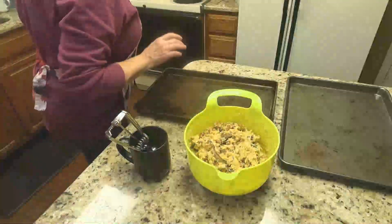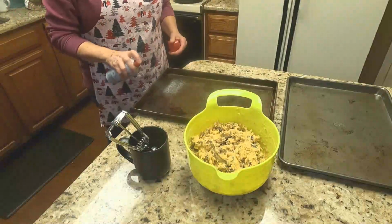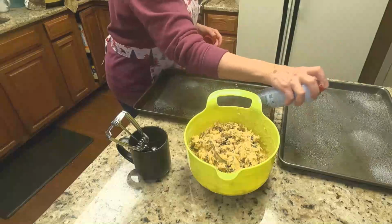And I'm going to get my cookie scooper and a cup of water to dip the scooper in to get the dough off easy. Preheat the oven to 350 degrees, and it should be preheated by the time I get the cookies out on the pan. Okay, need the spray. I'm gonna spray these. No, I don't use parchment paper for these cookies, because I like the bottoms to be